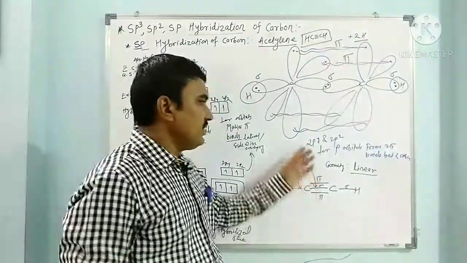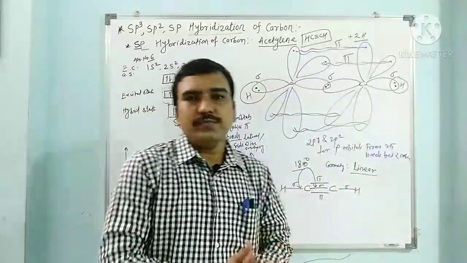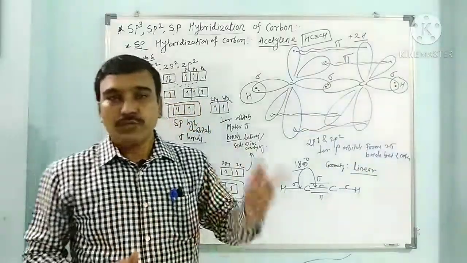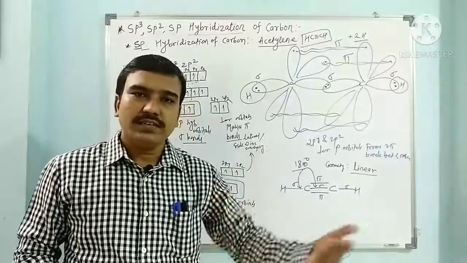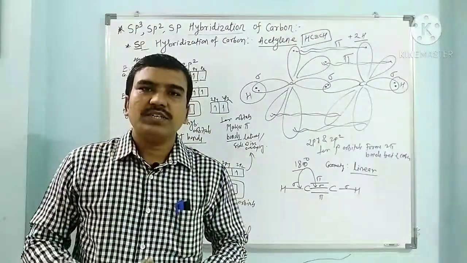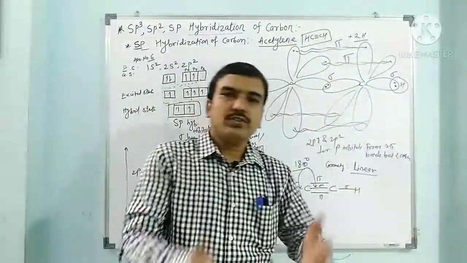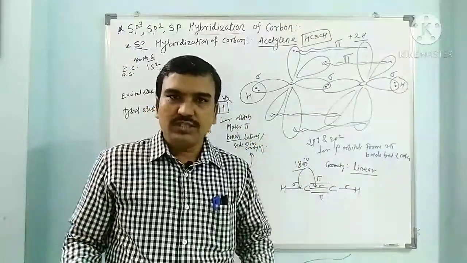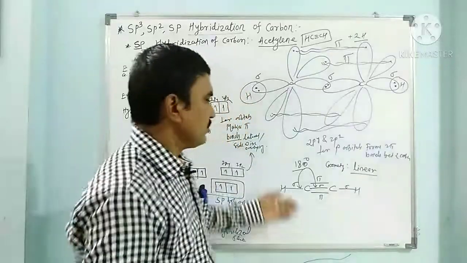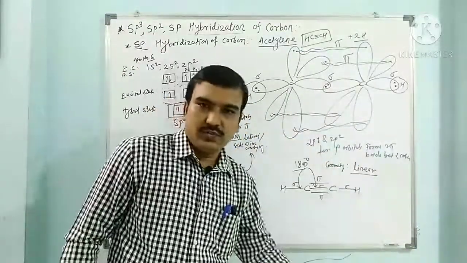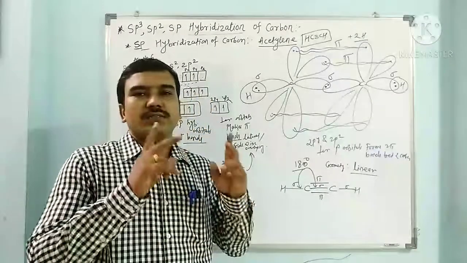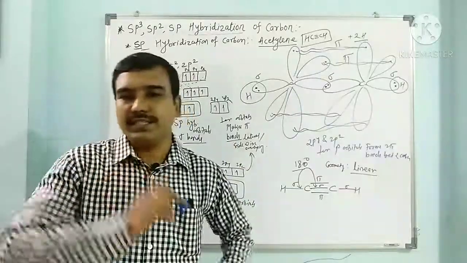So here in this sp hybridization, one s and one p orbital undergo mixing and recasting to give 2 new orbitals, having identical energy and similar orientation in space. So the sp hybrid orbitals of one carbon and the sp hybrid orbitals of the other carbon overlap with 2 hydrogens, forming the ethyne molecule, that is the acetylene molecule. So in this way, the acetylene molecule is formed by the combination of 2 carbons and 2 hydrogens. Here both the carbons have sp hybridization.